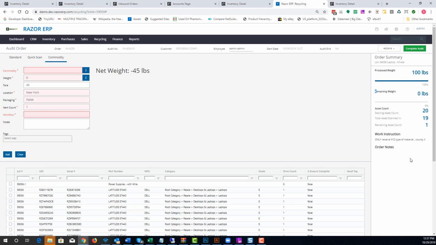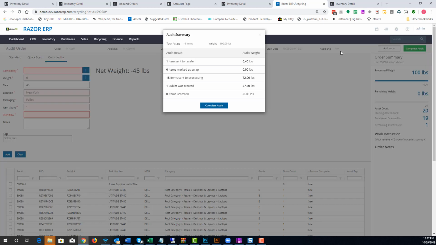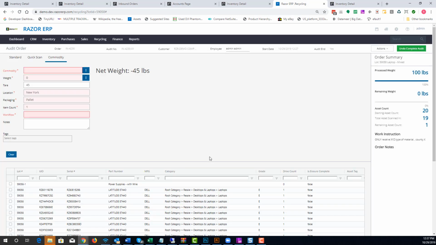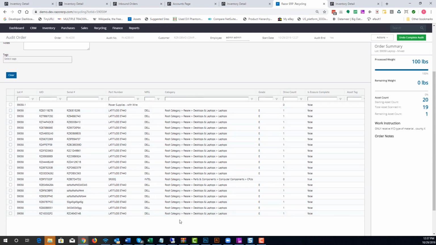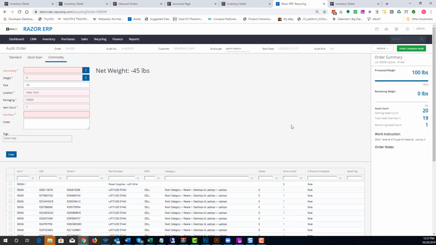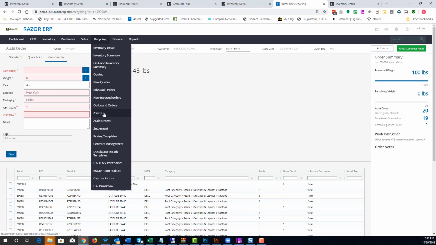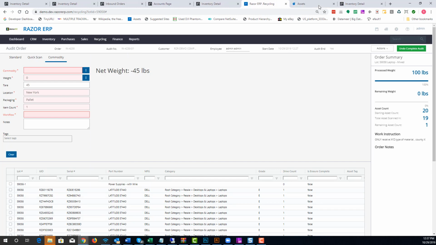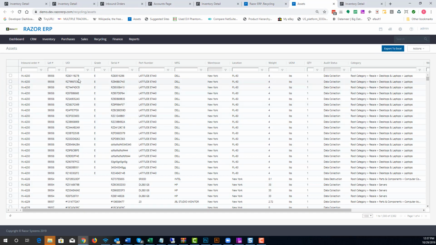There's 0 pounds remaining. Now all you have to do is hit complete audit, and it'll give you a summary of what was done with this particular load, and you'll hit complete audit. Now, these items are completely processed, and if you send them into the ITAD phases, you'll be able to pick those up by going to the assets page, and then over here,